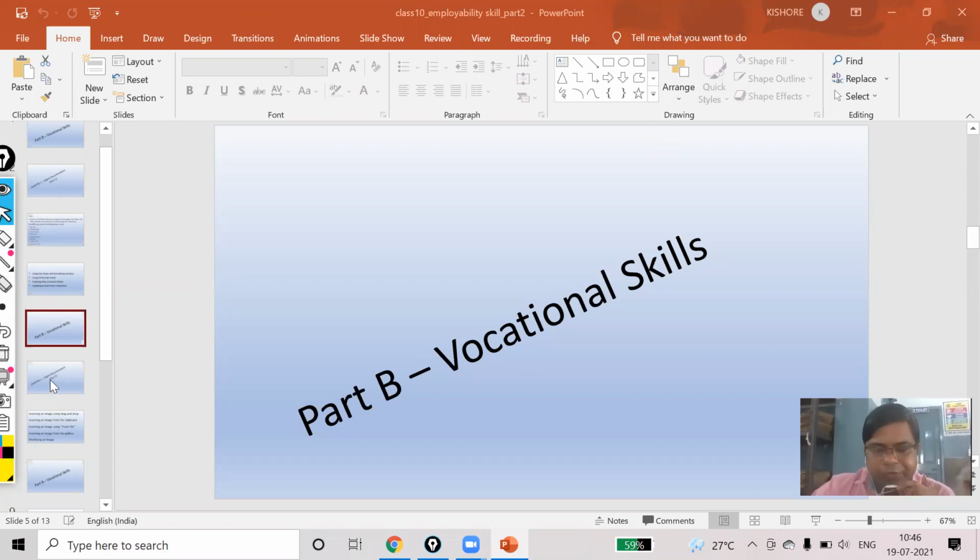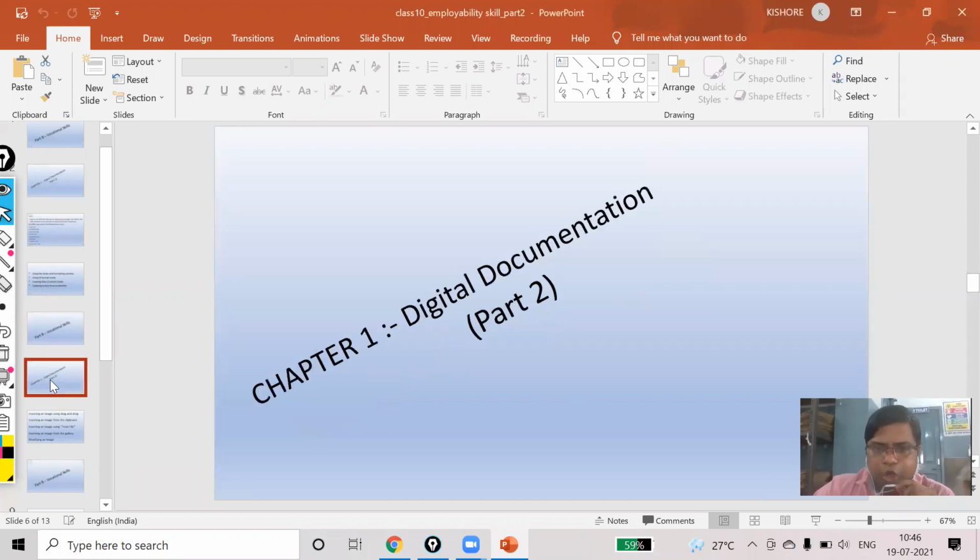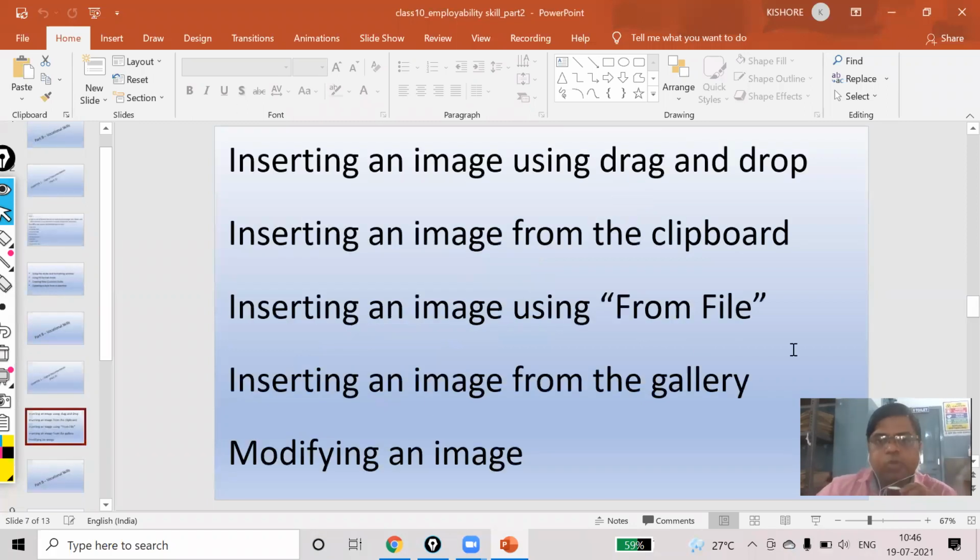This is the second video of digital documentation. In this video, you will know the different steps by which you can insert an image to your document.